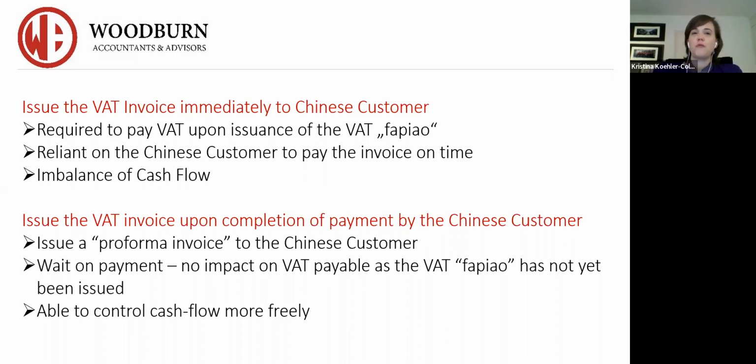So I'm going to issue a pro forma invoice. And this can be an Excel sheet, a Word document, whatever type of invoice. You pay me. And once I've received payment, I will issue the Fapiao to you immediately, within 24, 48 hours, you will receive it. And that means when you issue the VAT Fapiao, you are recording it in the system, but you know that you have received the income and the VAT together. It's not going to affect your cash flow. You're not paying anything upfront in terms of your VAT payable.